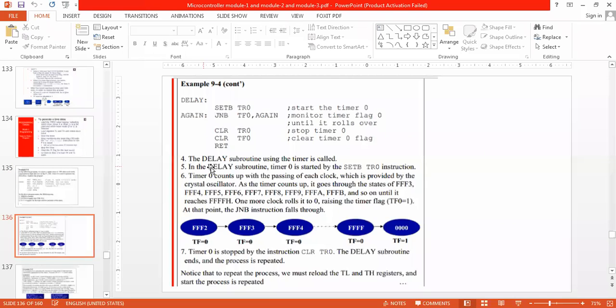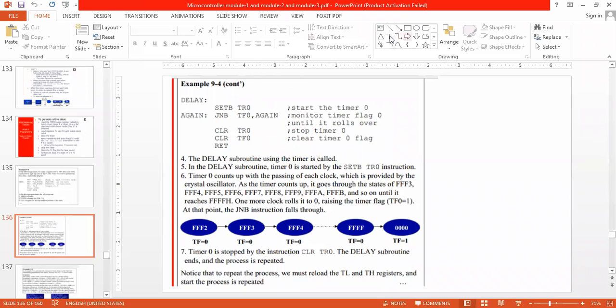So what is happening? The delay subroutine using the timer is called. In the delay subroutine, this is a delay subroutine program, correct? Timer 0 is started by the SETB TR0 instruction. Timer 0 counts from where to where? See, FFF2. F2 was the initial value. What will be the next value? F3.